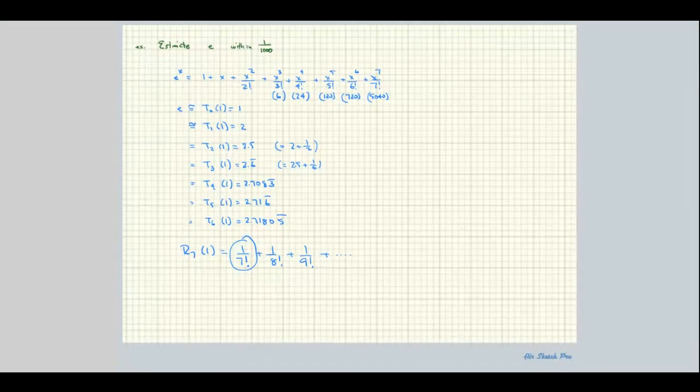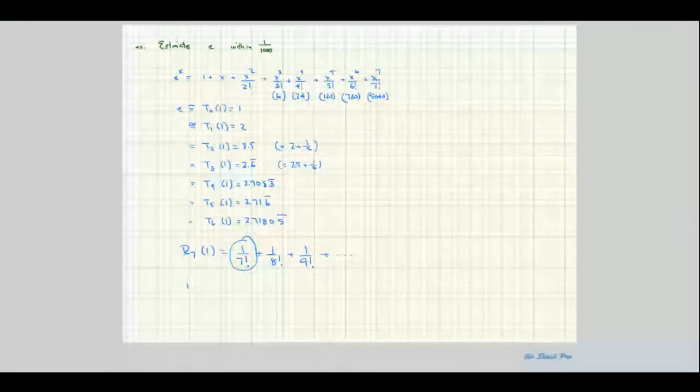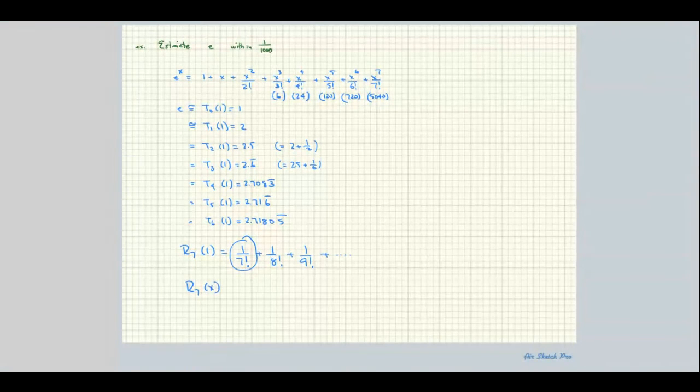And this particular sequence right here is going to be less than R7 of x in the appropriate interval, 1/7 factorial, right, times,